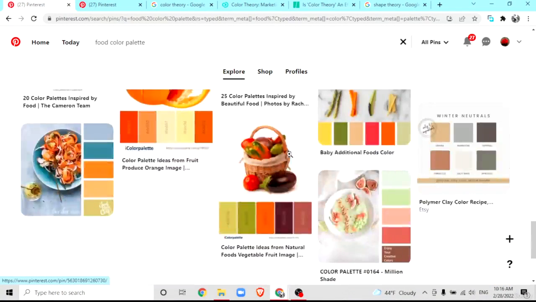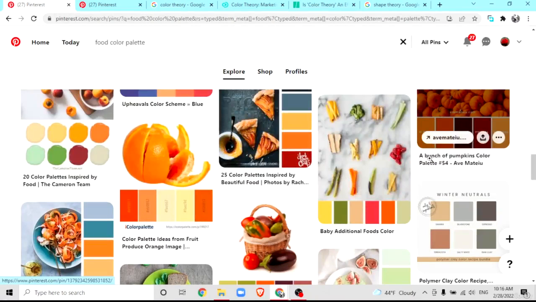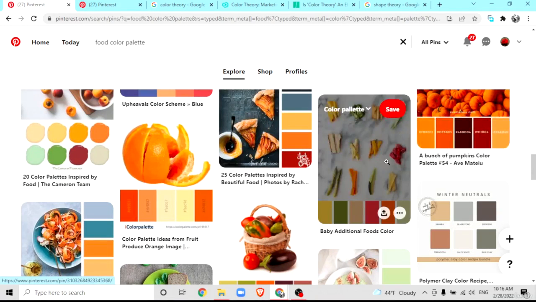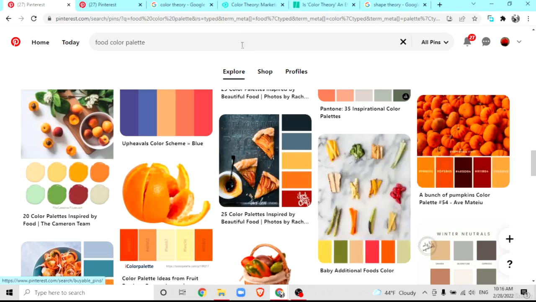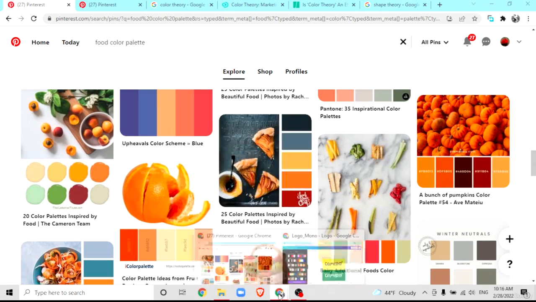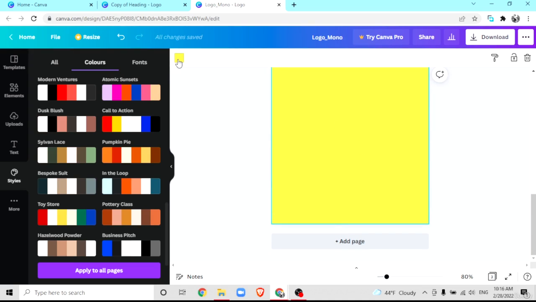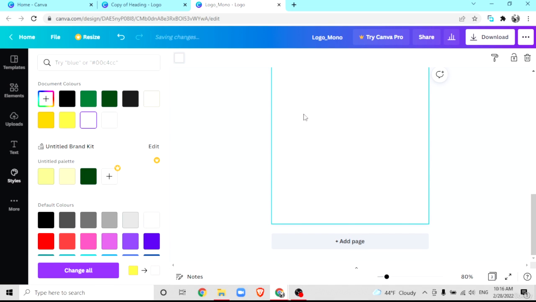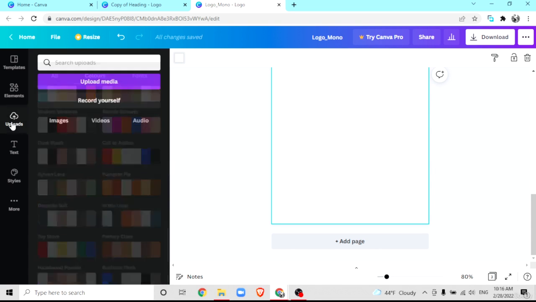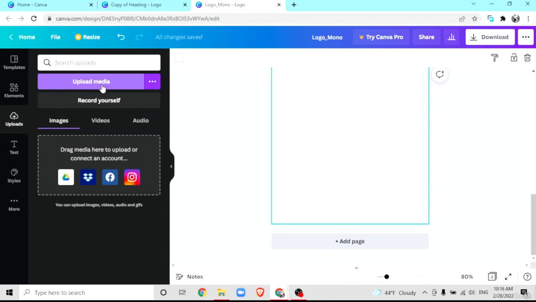All right. And as you guys can see, the colors here are taken from actual photos, and we can also do that over at Canva. So I'm going to add a page. I'm going to turn it white. I can come to the upload section here and upload media from my own computer. So let's say